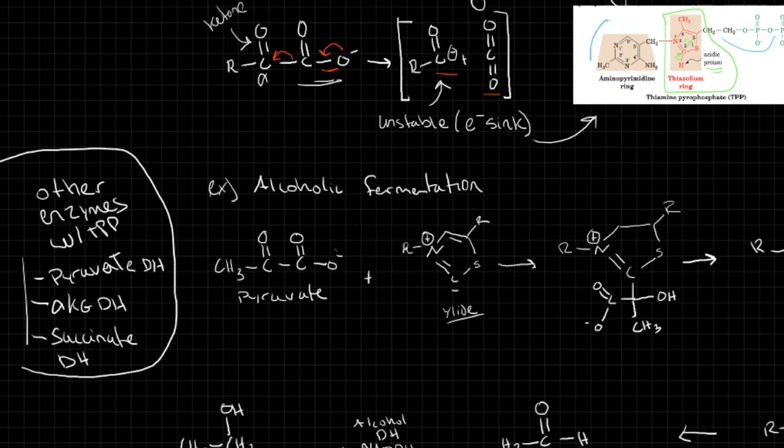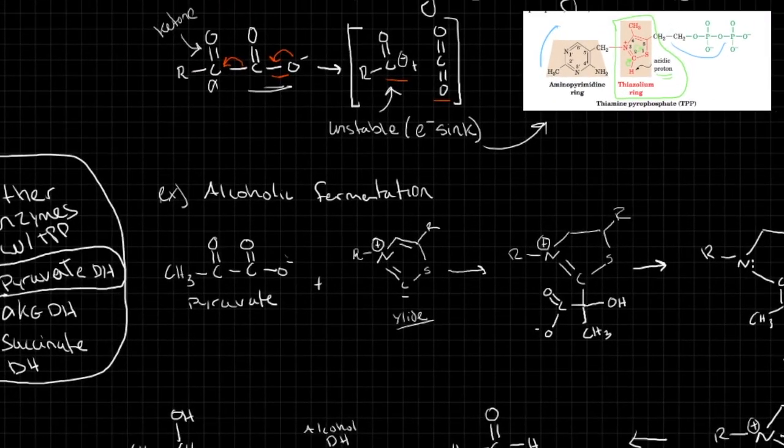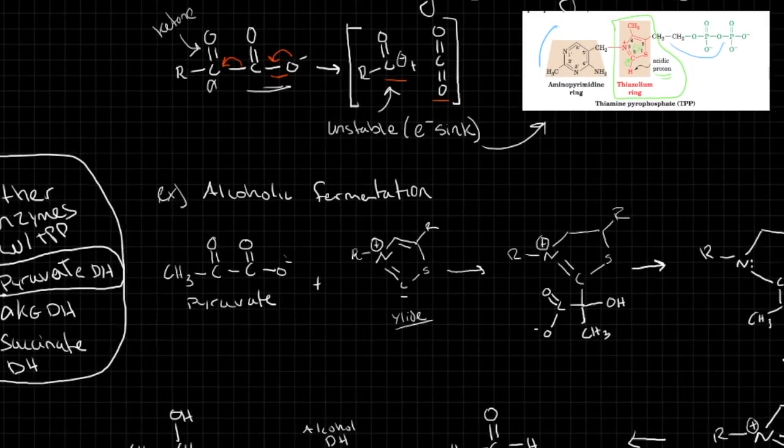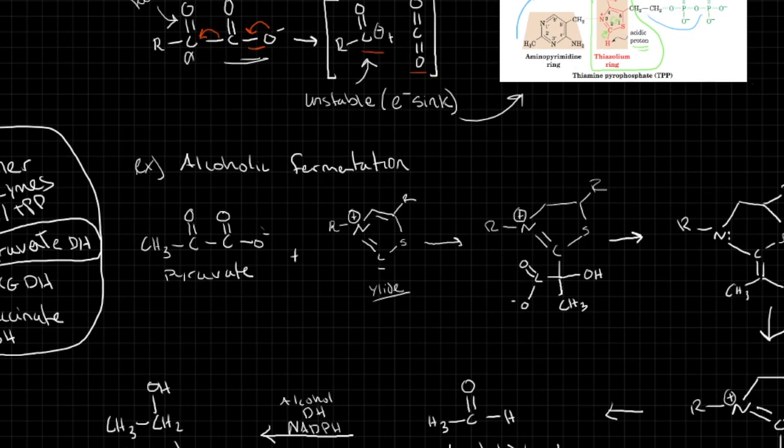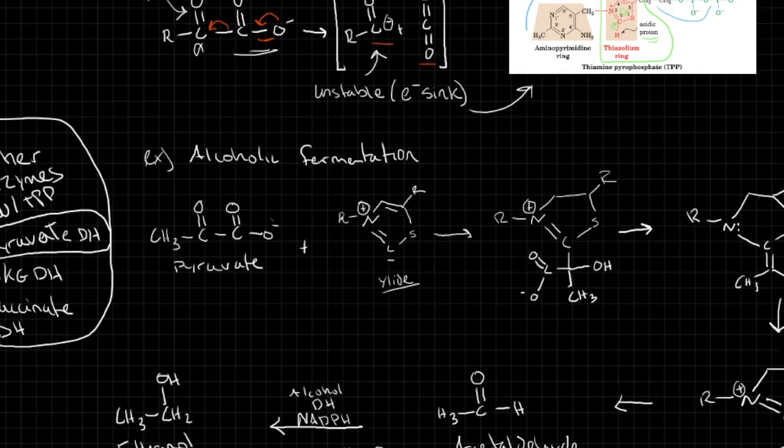Mike usually asks a question for an enzyme mechanism from primary metabolism on the first test, so one of these different types of cofactor enzyme mechanisms might be something that you'll see. All right, so for alcoholic fermentation, this is a situation where yeast have no oxygen, right? So this is an anaerobic process, so if you run out of oxygen you can't do oxidative phosphorylation, and so at the end of glycolysis you form pyruvate, which is shown here, and in order for glycolysis to continue you have